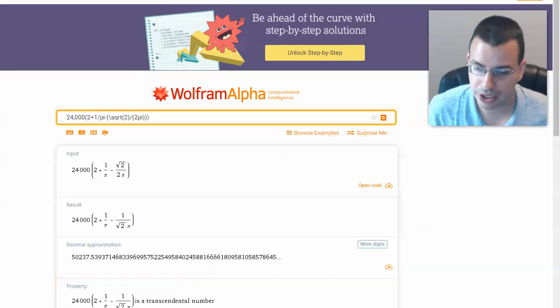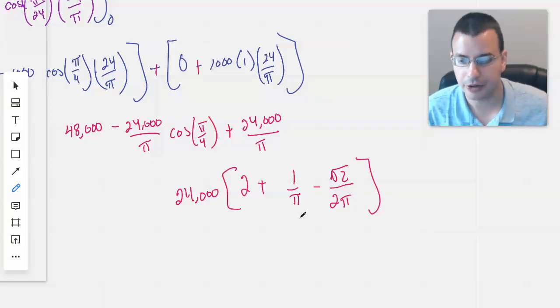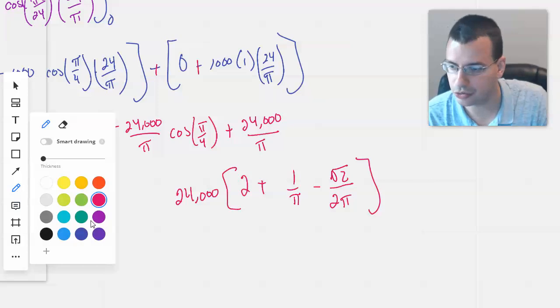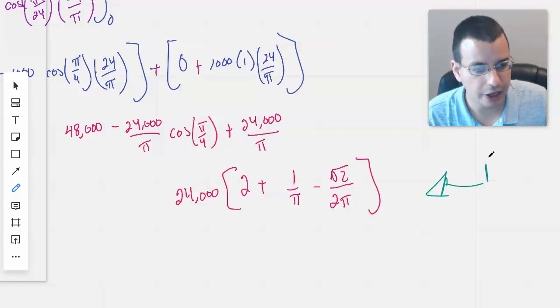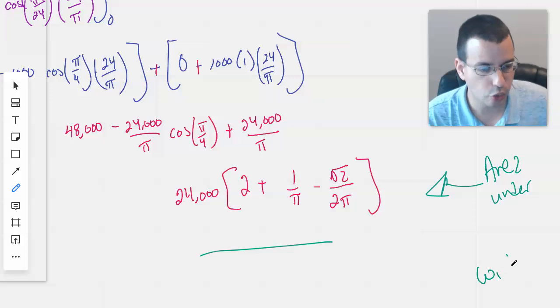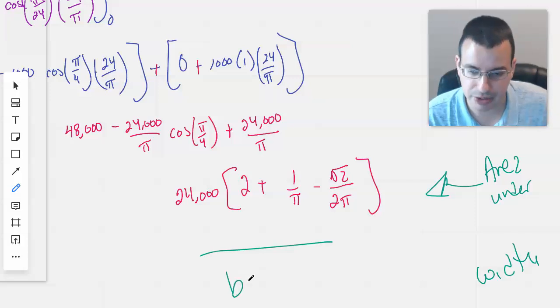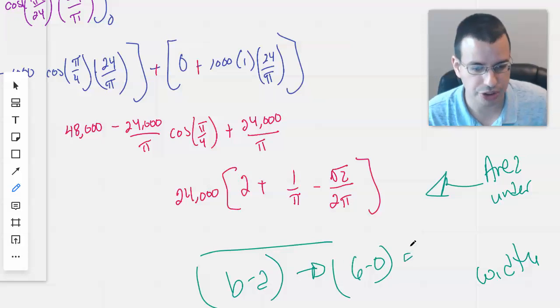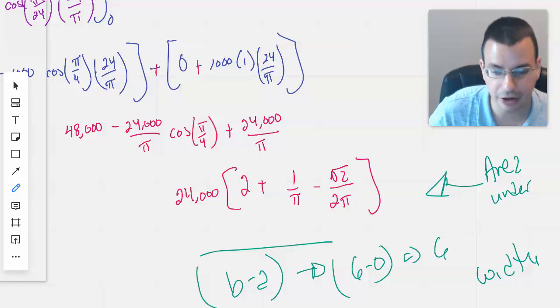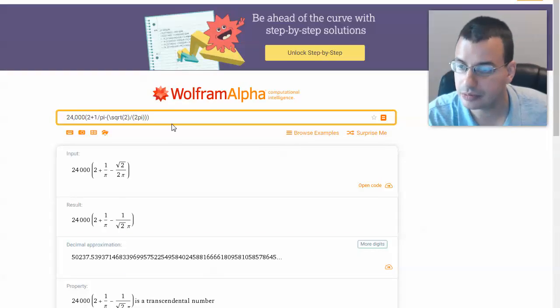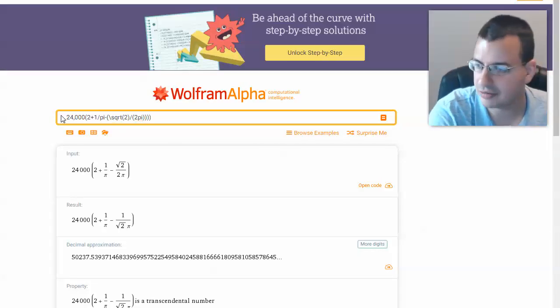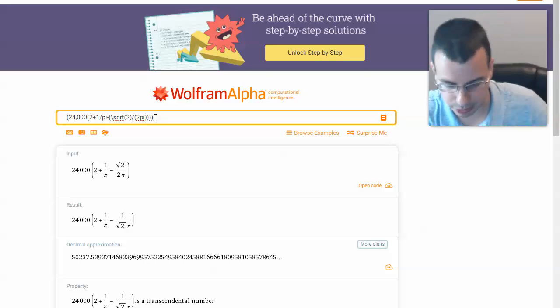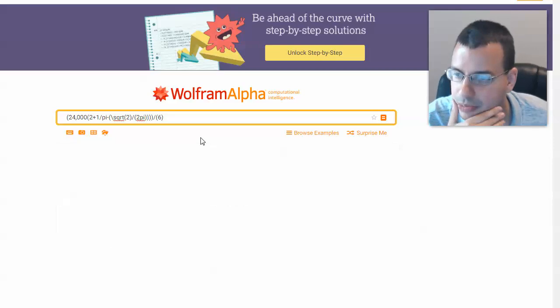Okay, so one thing we need to look at right here. Go back here. Changing colors for emphasis, this is the area under the curve. We need to divide this by the width of our rectangle, which in this case is b minus a, which is 6 minus 0, which is 6. So we need to take that whole value right there and divide by 6. So add an extra set of parentheses. You can never get too nested, especially when talking about predators and prey. Parentheses, divide by 6, and our answer is